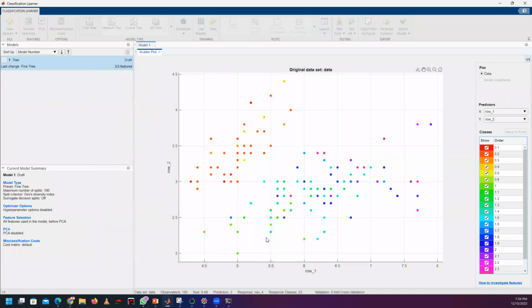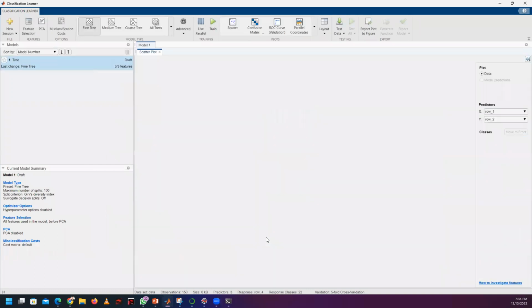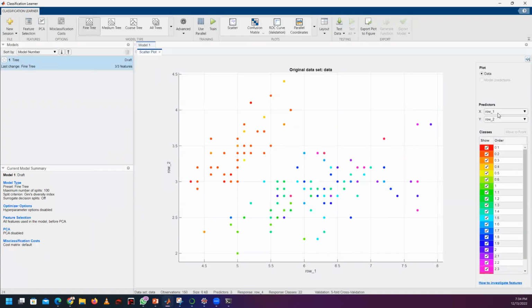Why is it taking it that way? Okay, here you can see 4 different colors,